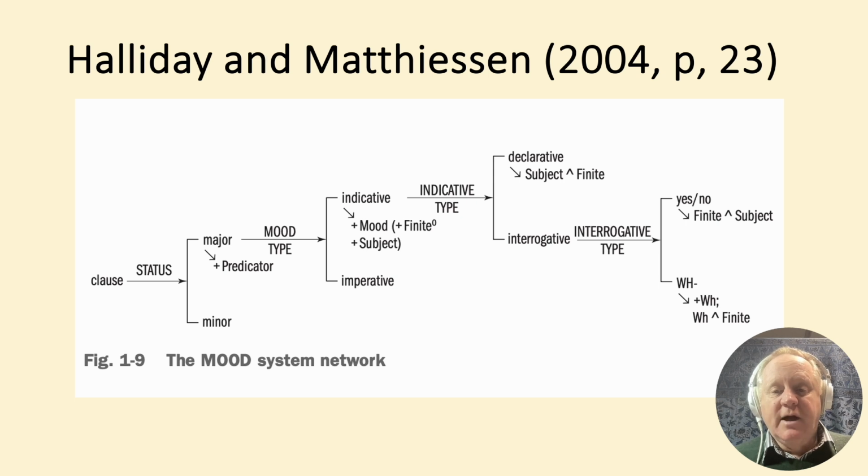Note also in this slide image, Halliday unfortunately always used the upside down V symbol called the caret symbol for two different purposes. As we have seen already in this series, it is used to indicate a silent beat or silent ictus in a rhythm or where an utterance begins with non-salient syllables. And he also uses it, as in this image, to indicate structure, here for example the finite subject structure. In fact, Halliday used the upper caret symbol found on most keyboards to indicate structure, and the lower caret symbol to indicate a silent ictus.